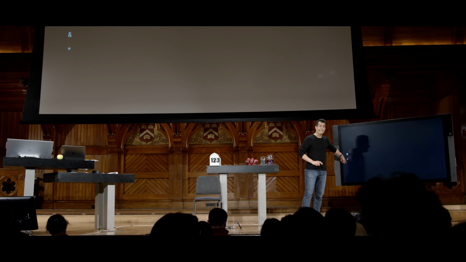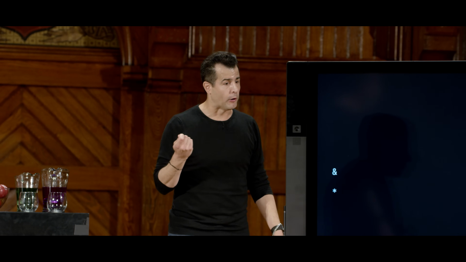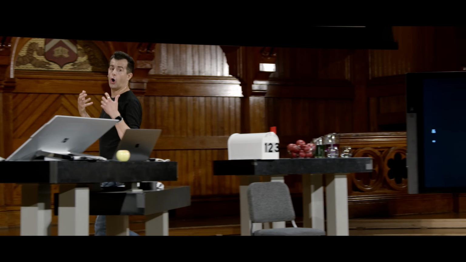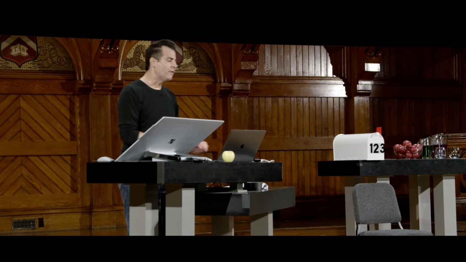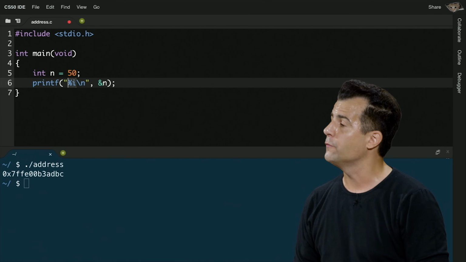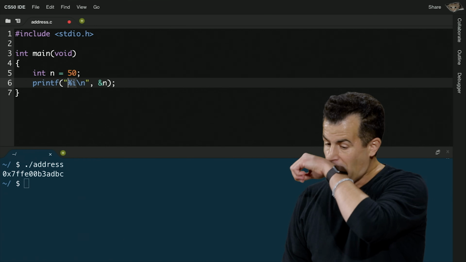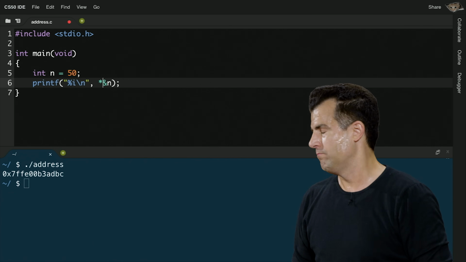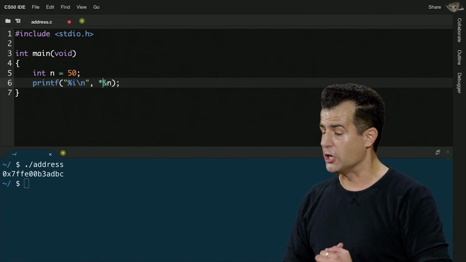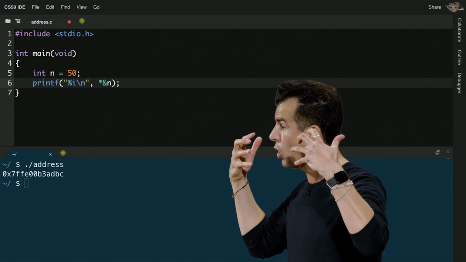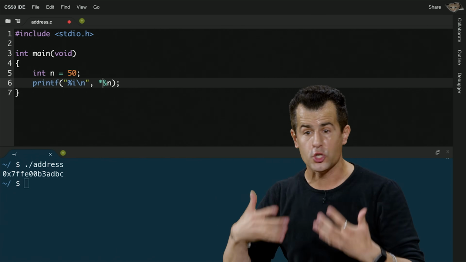The star is the opposite of the address-of operator. It says go to a specific address. So whereas ampersand means what's the address, star means go to an address. So if I want to print out now, not the address per se, but I literally want to print out the value in n, ergo using %i, I can actually undo what I literally did, stupidly, but for the sake of demonstration, by doing *&n. Why? The ampersand says, what's the address? The star says, go to that address. So it effectively just undoes the operation.